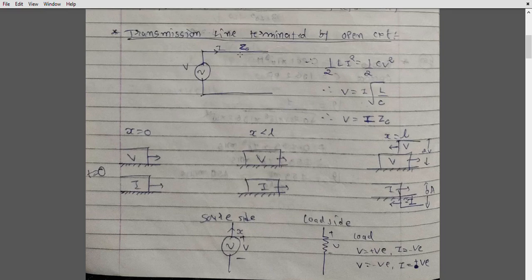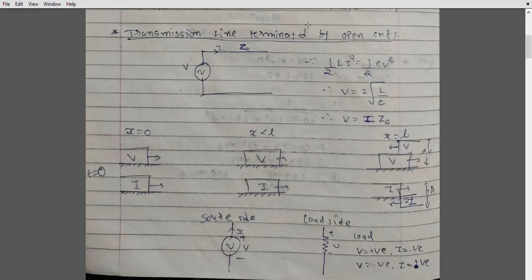When we switch on, the current wave travels on the line at some velocity v. The time at which the current or voltage wave reaches the receiving end is found by the length of the transmission line divided by the velocity of wave propagation. So the time constant tau is small l divided by small v, the length of the transmission line divided by the velocity of wave propagation. At that point it reaches the farthest end.